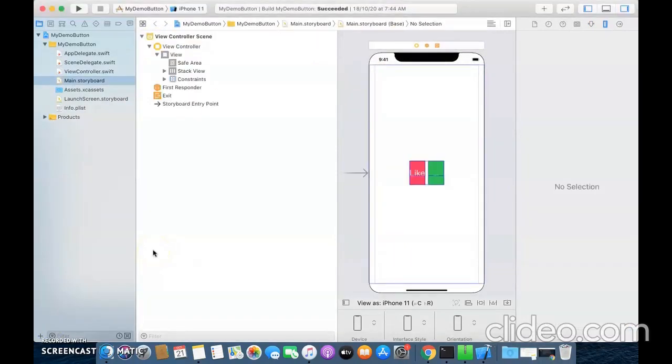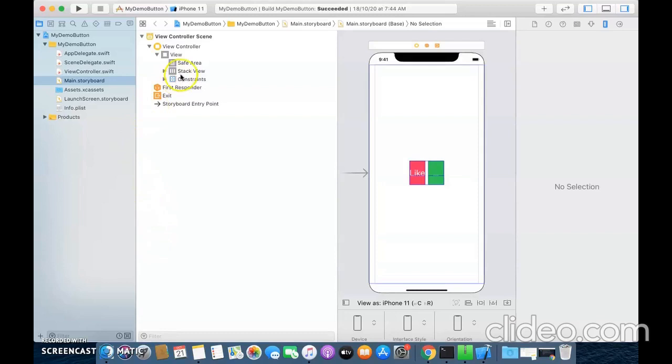What are the necessary constraints for UI view and UI label? What does this mean? This means what is the minimum constraint that is required so that Xcode does not provide any error for a UI view and for a UI label. Let us check this for a UI view and then we will check this for a UI label.